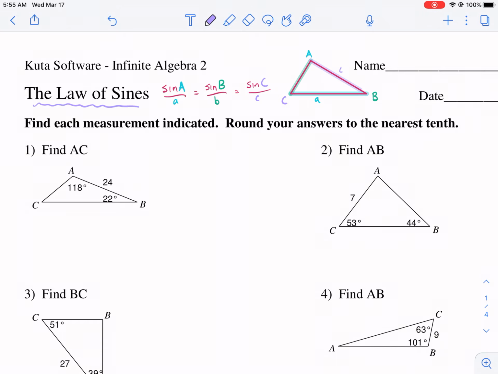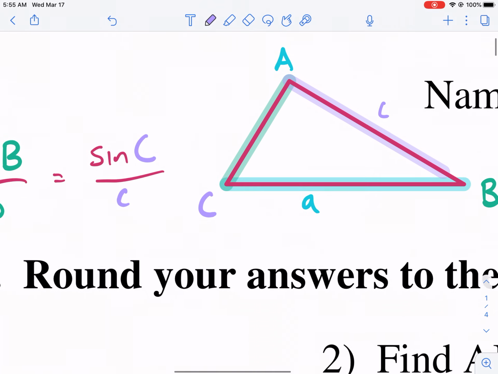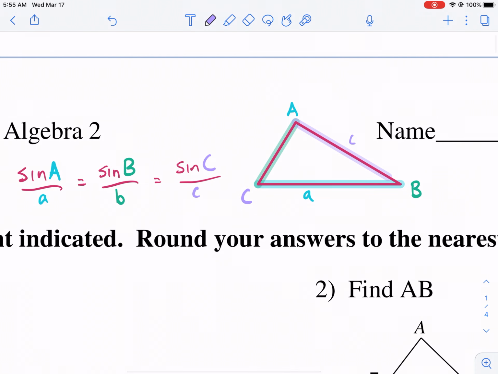Now, the first thing we need to talk about is what is the Law of Sines. The Law of Sines is that we have equal proportions, equal relationships going on between the sine of A over A, the sine of B over B, and the sine of C over C. Out of context, that doesn't make a ton of sense, but if we look at it through the lens of this